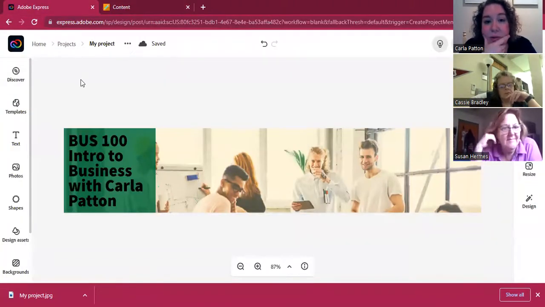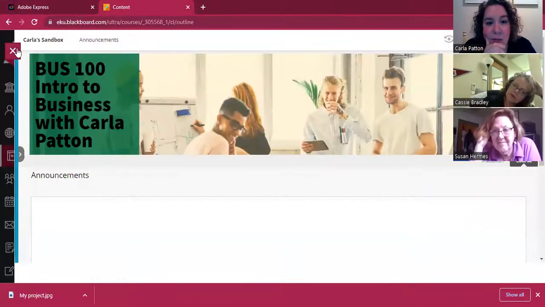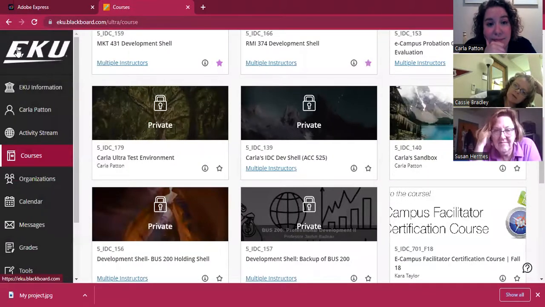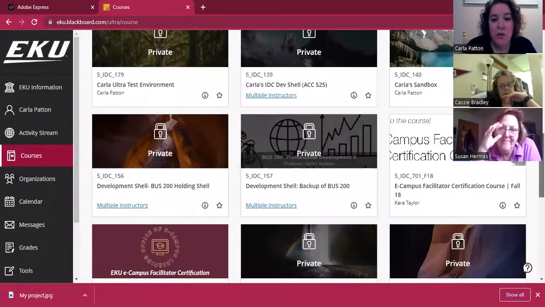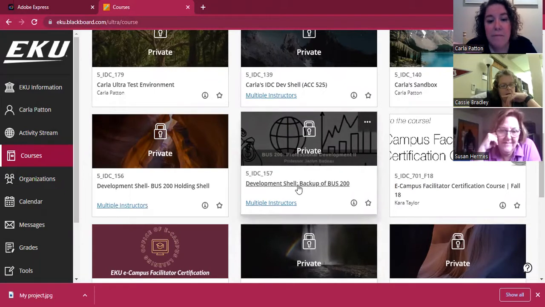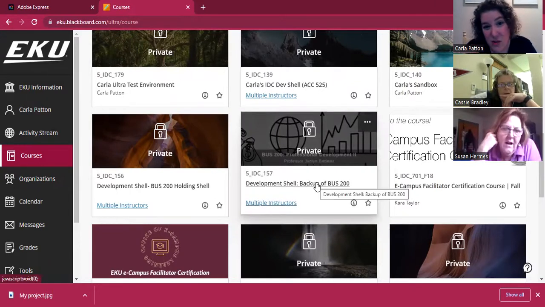Where on the tiles, where does it usually focus on those banners? Right in the center. Okay, gotcha. So with this course, we created it so that the title went along the bottom. That was the instructor's preference, and all of that information is centered. So if it's centered, it'll show up in the course tile. But underneath the course, as part of the course tile itself, we have the image. We also have the text of the course title too,